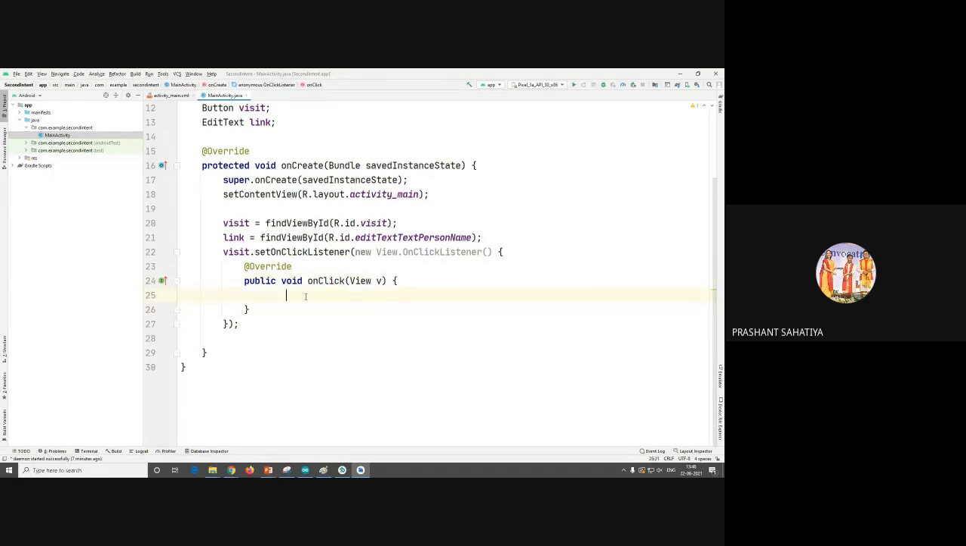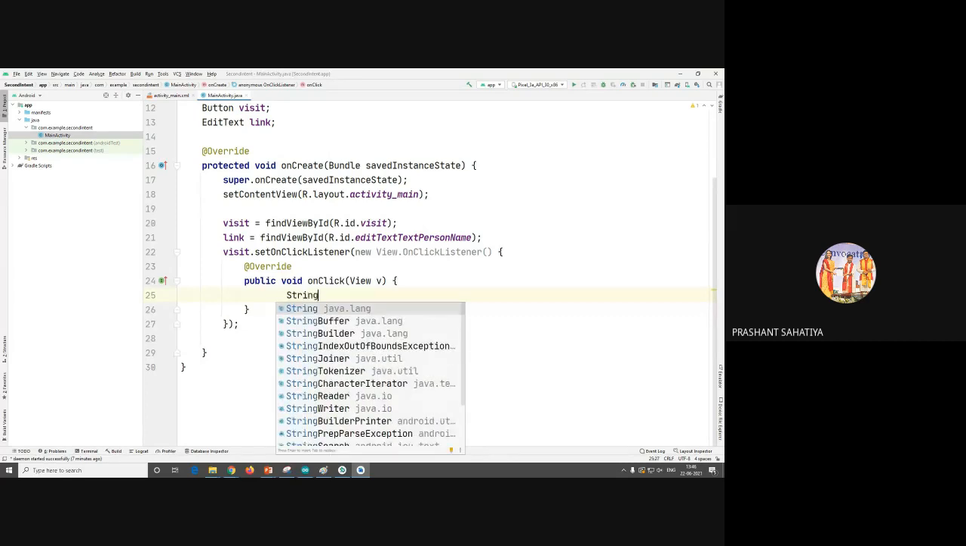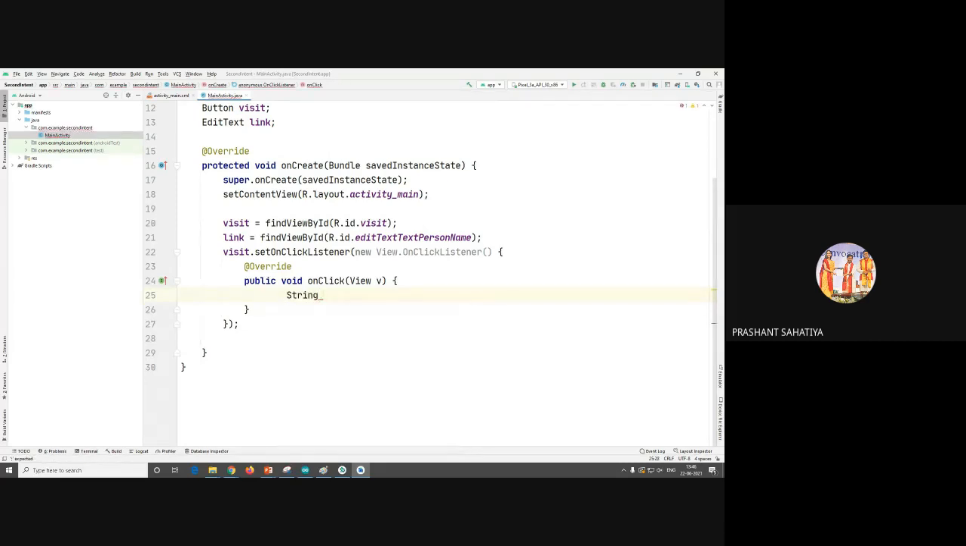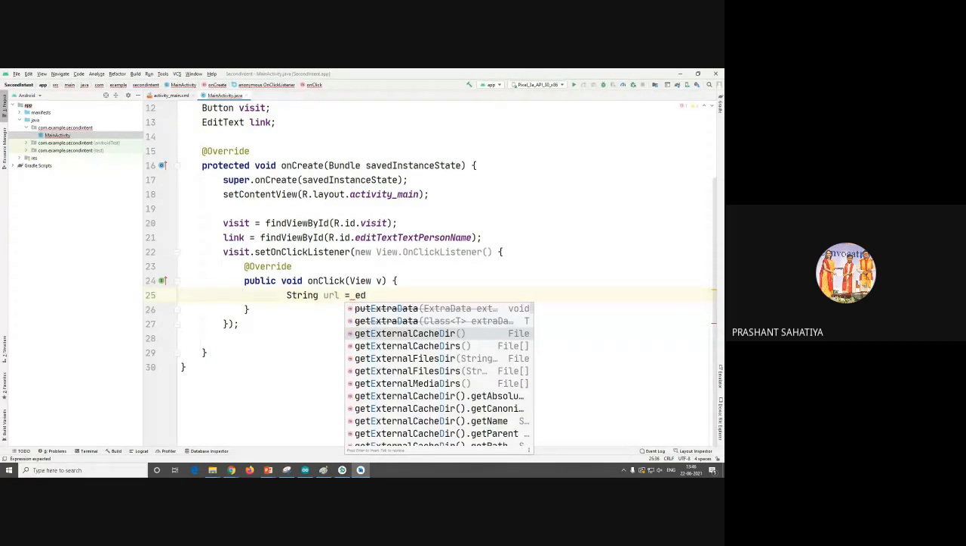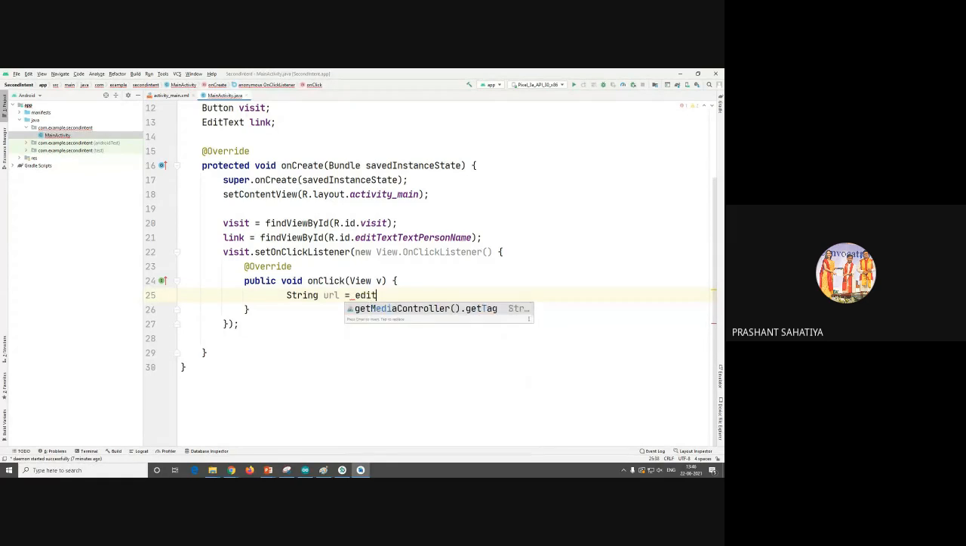Okay, onClick is the 3 lines of code only. I am creating one object. This is the class data type and this is the object of it. Okay, first I'll say URL. Edit text is not giving me, just a minute. Link,